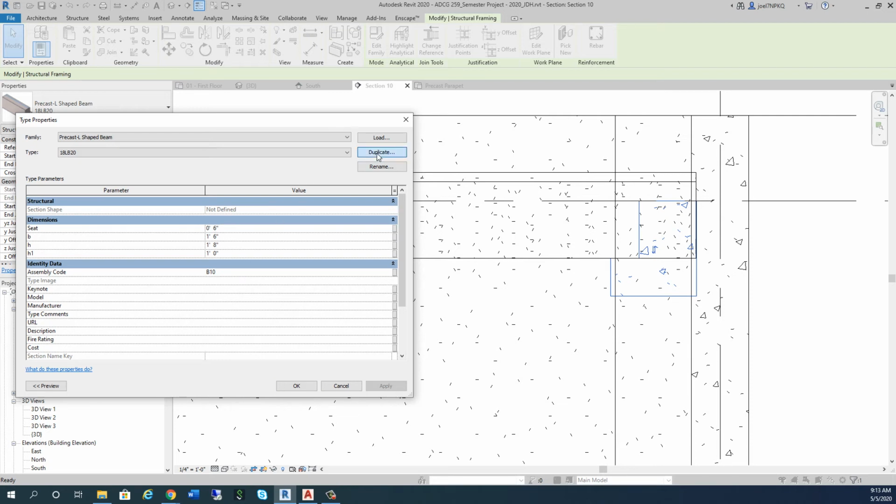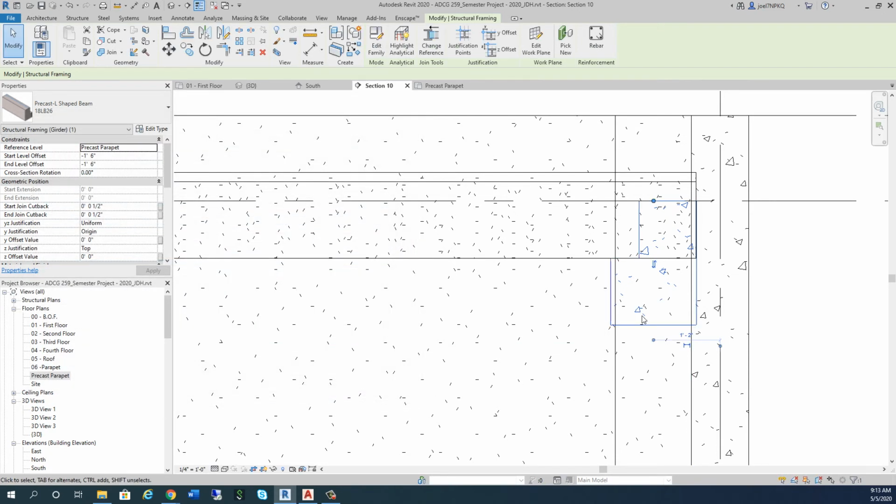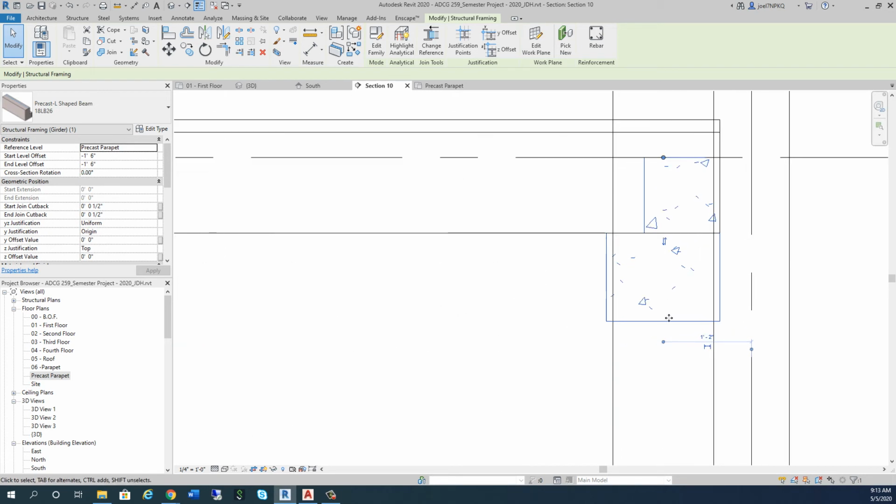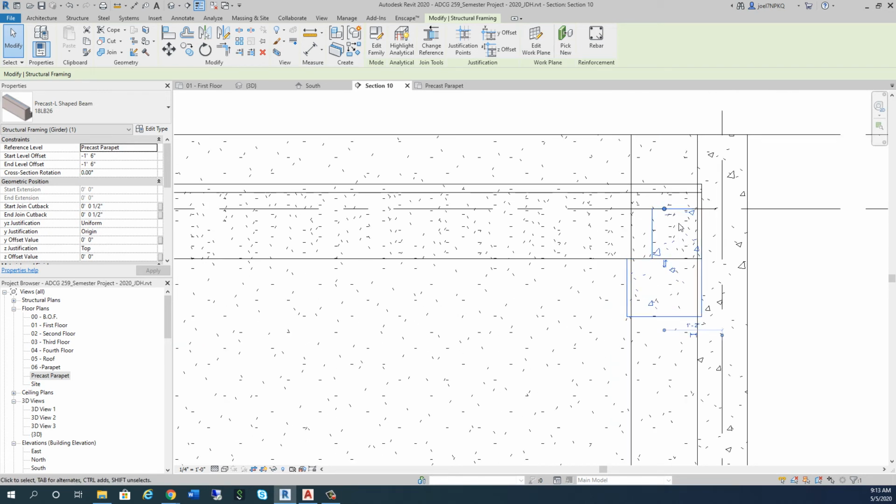So I need to duplicate this and say, I'm going to call this an 18 LB 26, and I'm going to adjust this height to 2'2". All right. And so now that my height here is right,